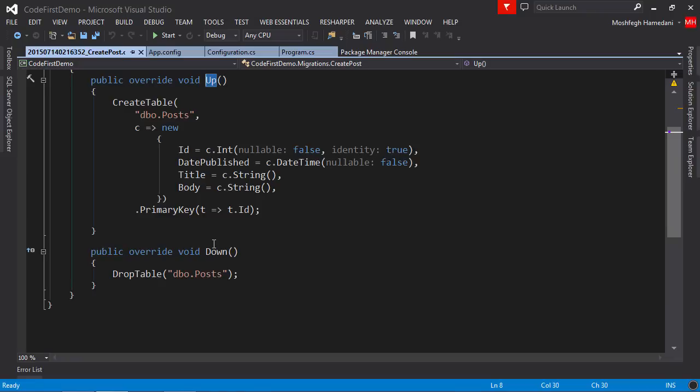Now let's see what's happening inside the up method. So there is a call to this method, createTable. It tries to create a table called posts with these columns. So ID, which is an integer, it's not nullable, and its identity. Date published is a date time, and it's not nullable. And we have two more columns, title and body, they both are a string. And finally here, there is a call to primary key method, which specifies that the ID column should be set